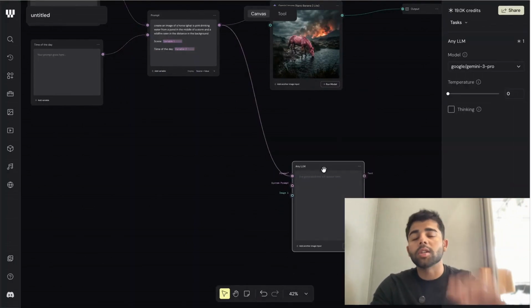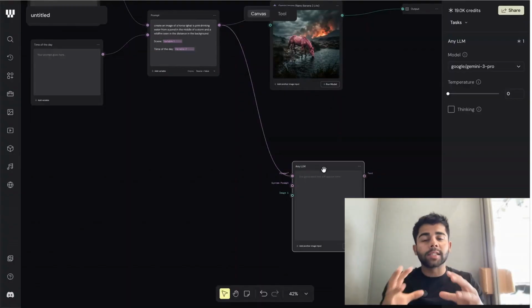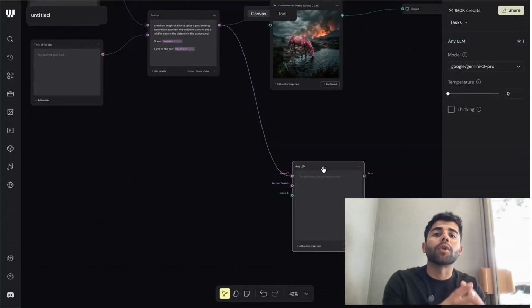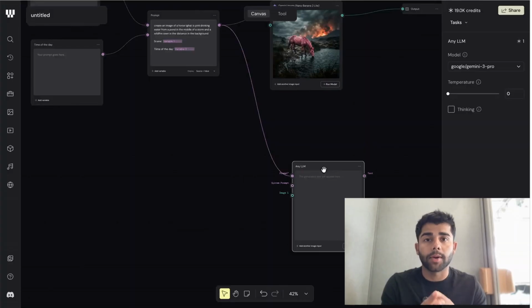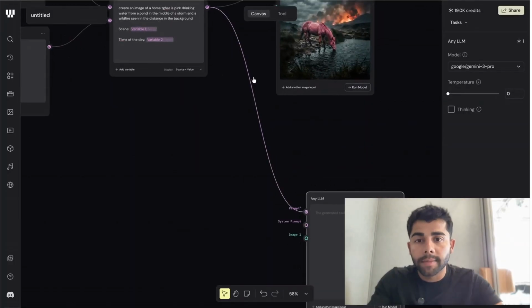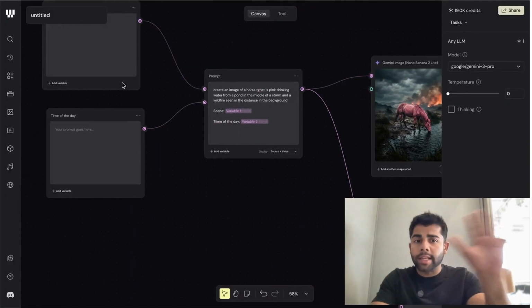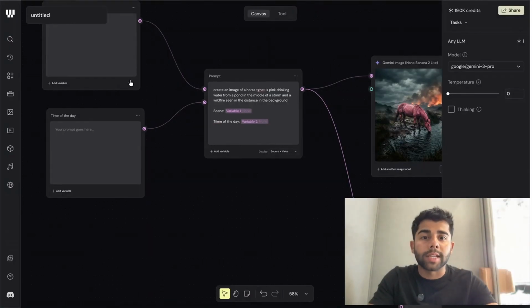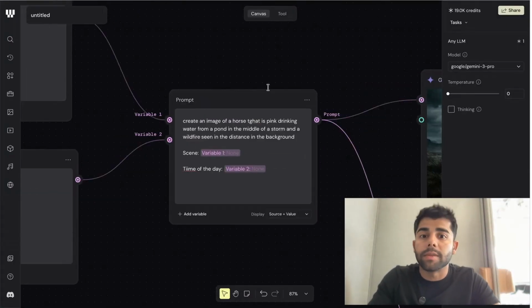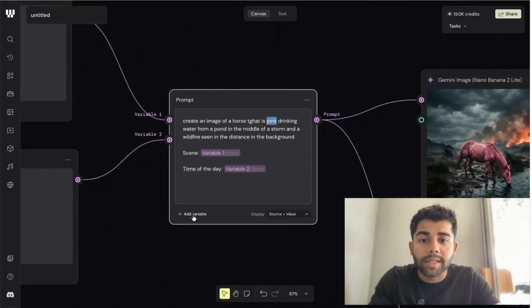So essentially, when you want to add some models to do thinking for you, this is when you use LLMs. Now, as you know, we're working with a horse that is pink. We can even add more variables here. We can add "horse that is pink" instead of "pink." We can just add a variable here, combine it, drop it here,